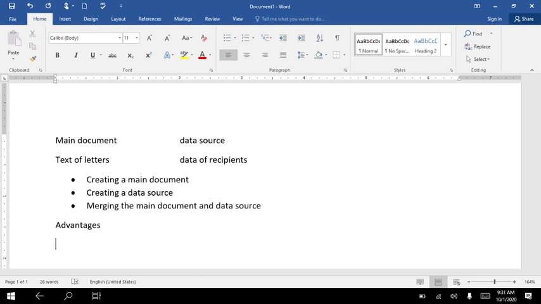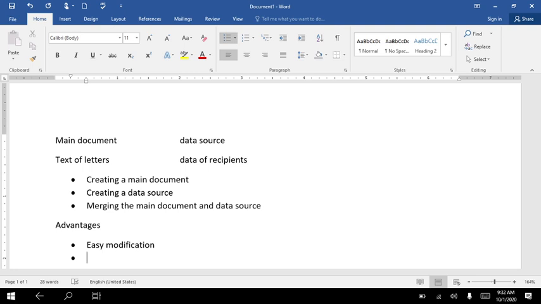In the same way, if you change one single letter, it will be changed for all the other recipients you send it to. Easy modification.